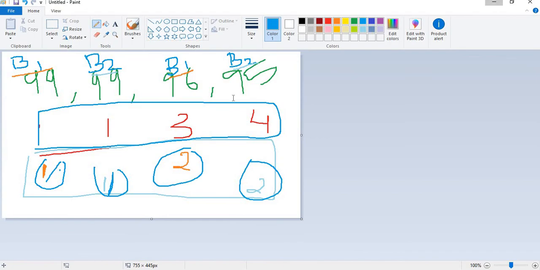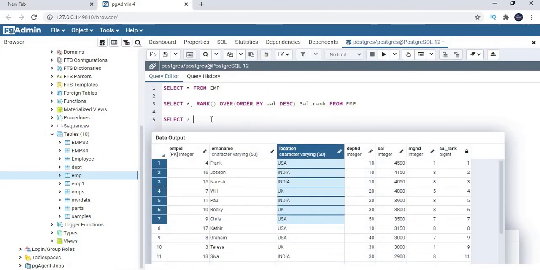Now let me quickly write down here, select star, rank over partition by, here I am going to divide the data based on the location, order by sal DESC, sal underscore rank, or rank, whatever it is, from EMP. If you run this query,